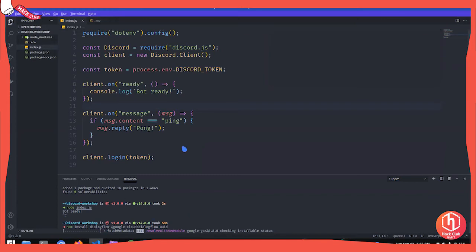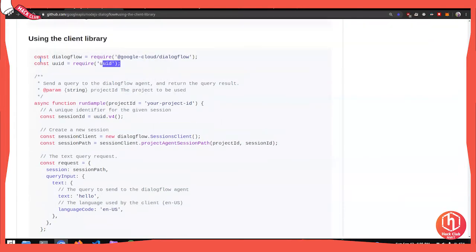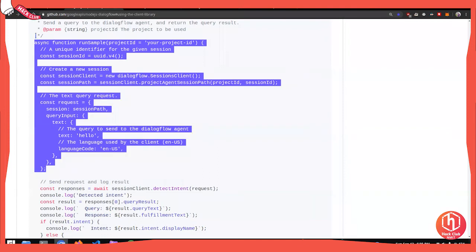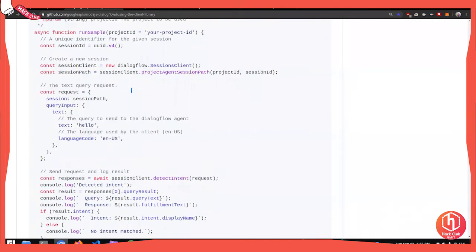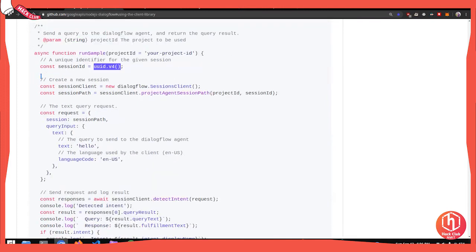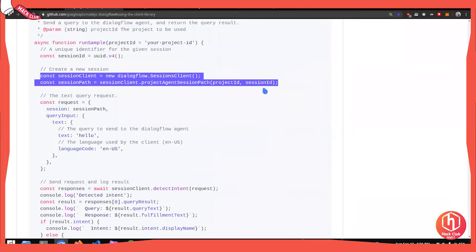All right. By the time that's done, we'll be reading the documentation over here. Both these lines are, I think, familiar to you by now. You're equating it to a variable, and then requiring whatever packages you have installed. This function looks pretty tricky, but it doesn't end over here, there's more. What this function does is it's going to require your project ID, and then it's going to require a session ID created by UUID4, a random set of strings. You don't need to worry about these lines, because this is the way Google connects you to their servers.